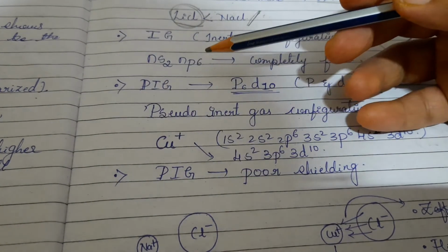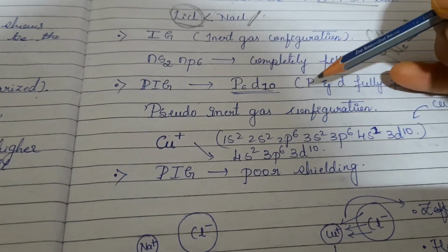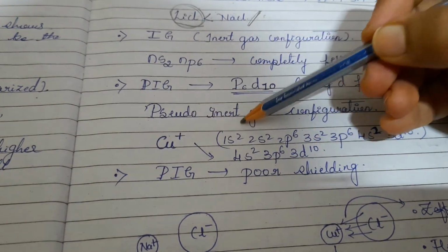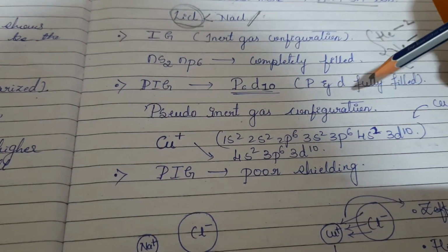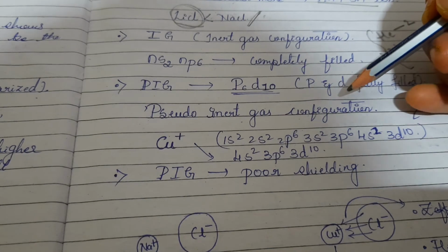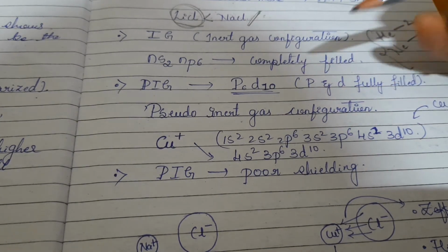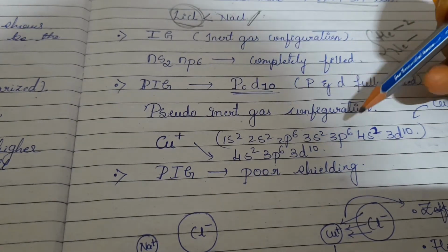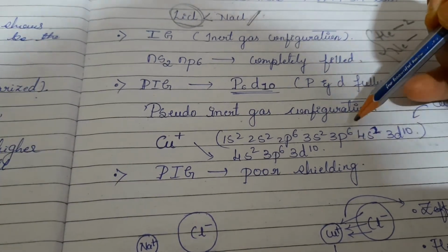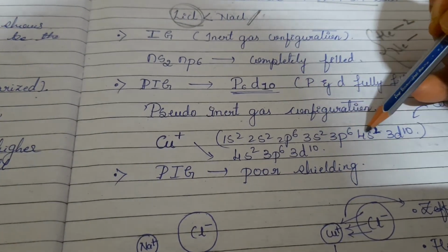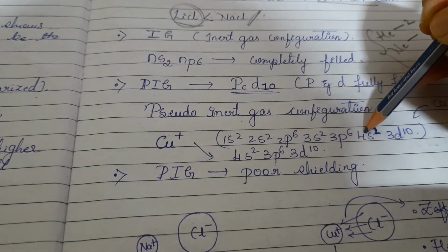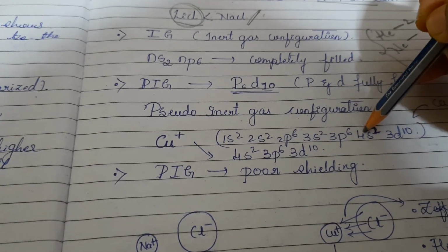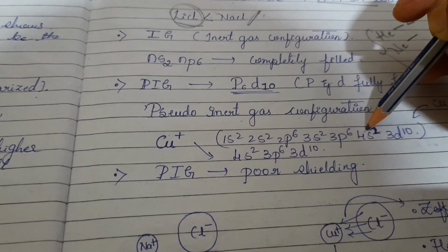Now we also have certain compounds such that they have pseudo inert gas configuration. I request you once again, you have to remember the electronic configuration up to 40 elements for your first PUC, and that you will be learning, and I will be teaching you regarding that in detail in the chapter periodic classification and properties of elements.